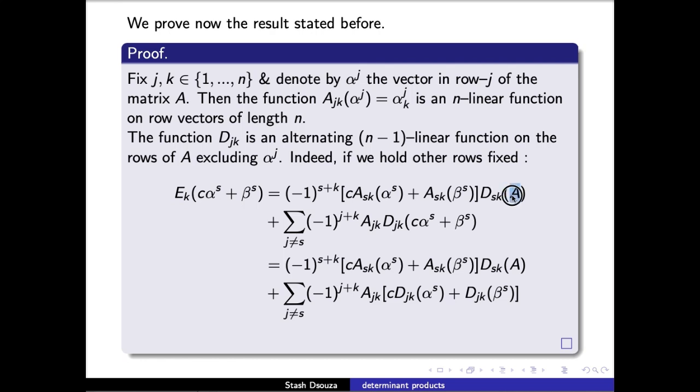Here there is no need to make reference to the row vector S, because in the definition of dsk, one needs to delete row S and column K, so that no longer exists. The other rows of A stay as they are for dsk. But in the scalar coefficient ask, what one needs to do ultimately is